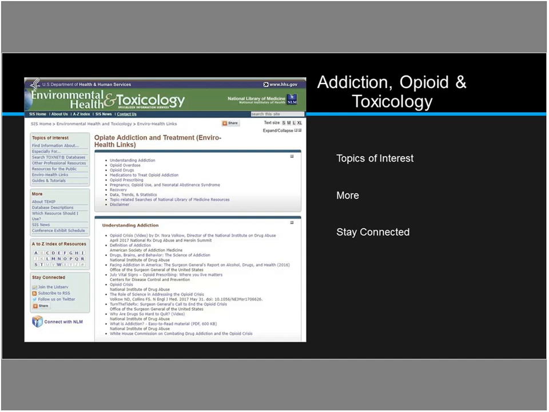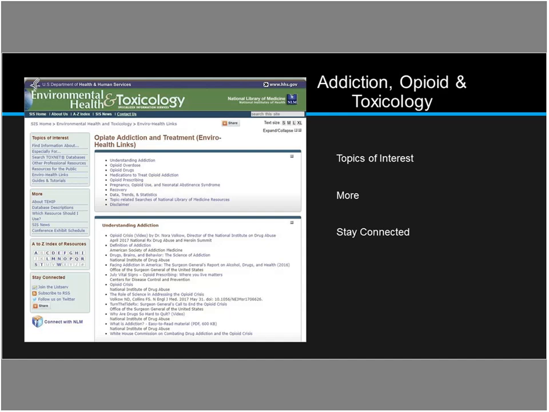Since the print is kind of small in these slides, some examples of information you can get are understanding addiction, opioid overdose, medications to treat opioid addiction, opioid prescribing, pregnancy, opioid and neonatal abstinence syndrome, recovery, data, trends and statistics,